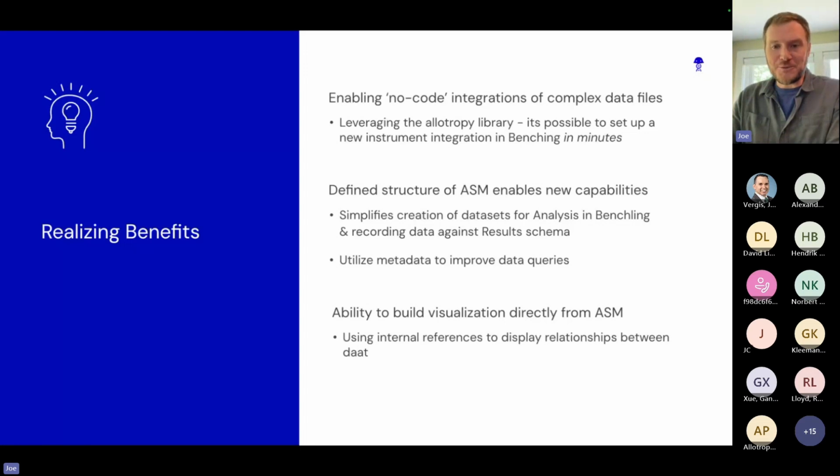And then lastly, which is actually part of the open source project, is the ability to build tools directly off the ASM once you have predictable structures, including very interesting visualization. So